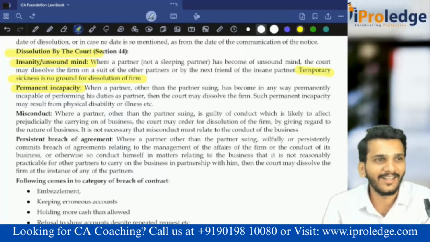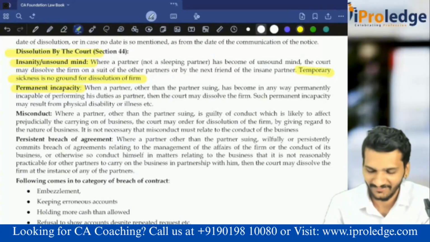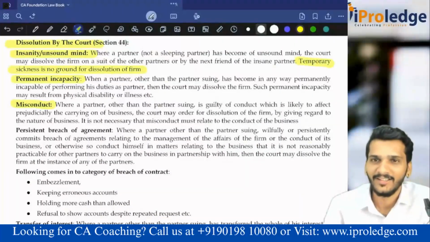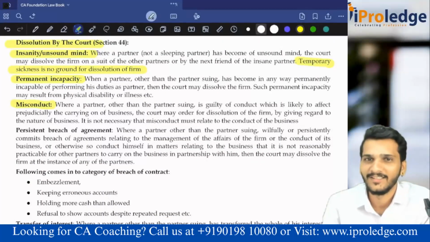Everything, that is incapacity only. Then misconduct. What is misconduct? Wrong. Missing a conduct model, misconduct. Anything against